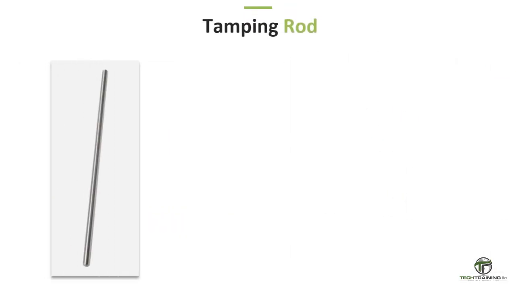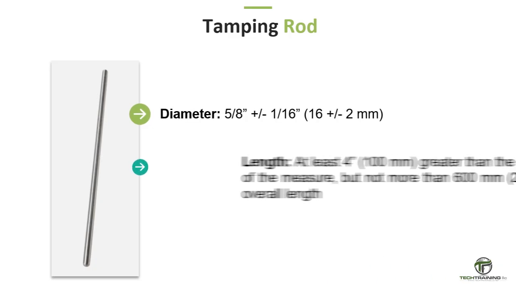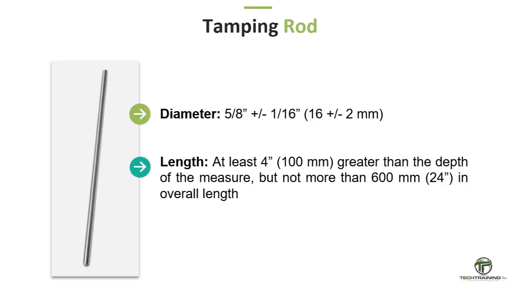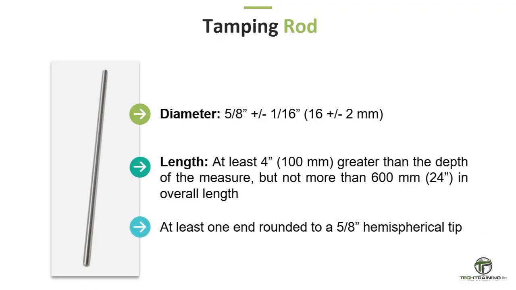The rod shall be a round, smooth, straight steel rod with a 5/8 inch or 16 millimeter diameter. The length of the tamping rod shall be at least 4 inches or 100 millimeters greater than the depth of the measure in which the rodding is being performed, but not greater than 24 inches or 600 millimeters in overall length. The rod shall have the tamping end, or both ends, rounded to a hemispherical tip of the same diameter